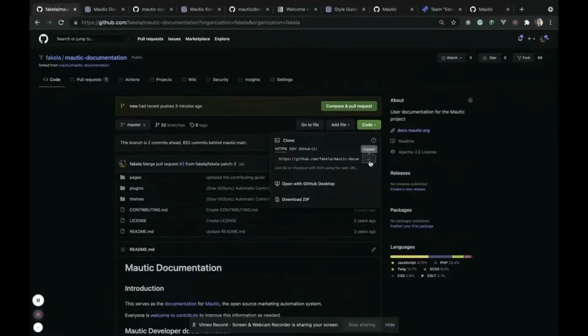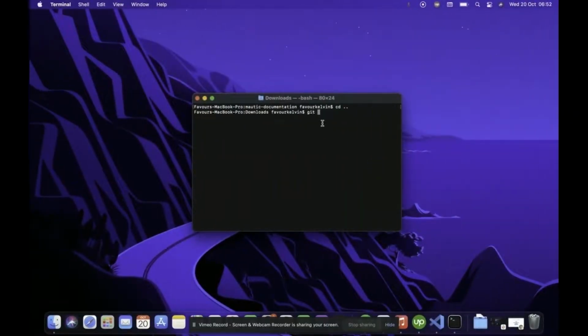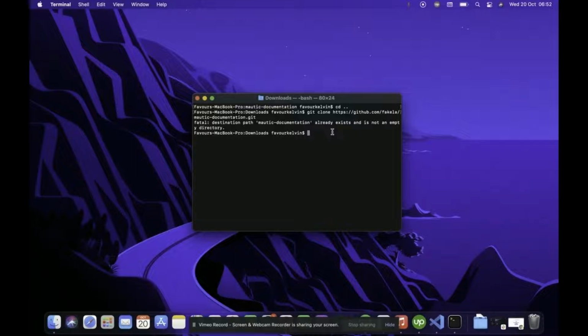You click on this link, copy it, then you git clone and press enter. Because I already have this, it's showing that it already exists. If it doesn't exist, it's going to copy it for you. Once you've copied it, the next thing you want to do is cd to the directory,